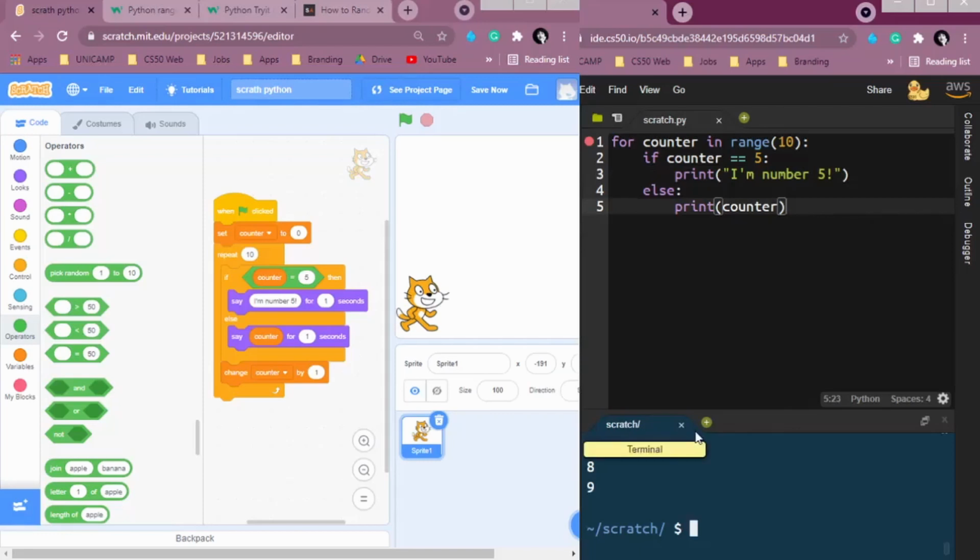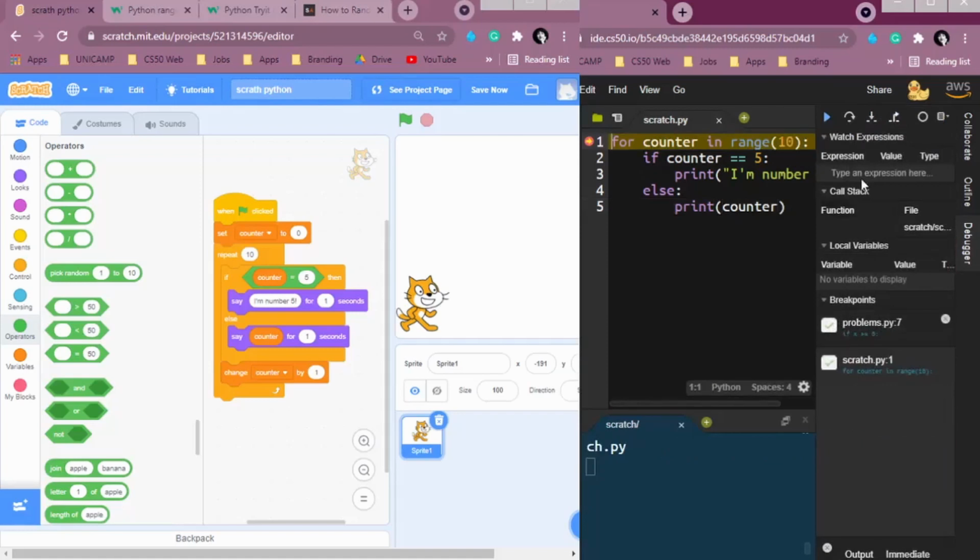So let's see what happens. So clear, debug 50, scratch.py, and let's see. So counter is equal to 0. So 0 is equal to 5? No. So we're going to the else. Next iteration, i is equal to 1. 1 is equal to 5? No. So we go to the else, and we're going to do this until